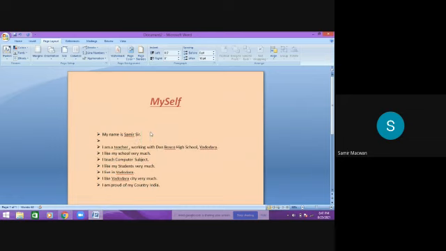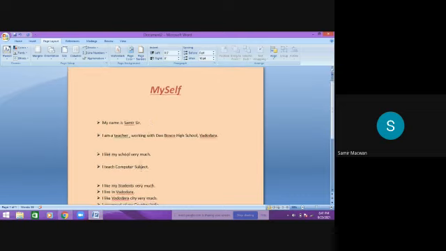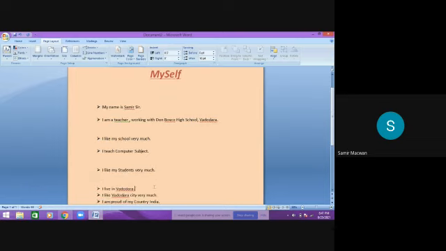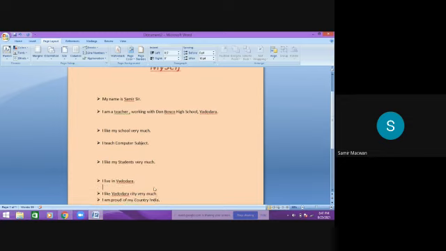Press enter and backspace. Press enter and backspace. Press enter and backspace. Press enter and backspace. I'm just leaving one line.